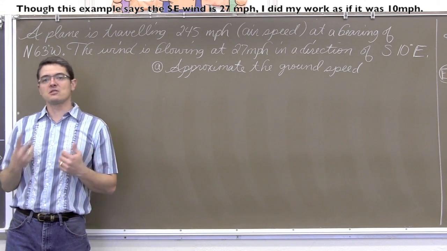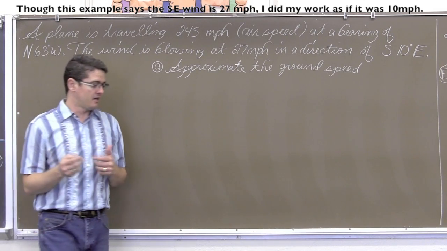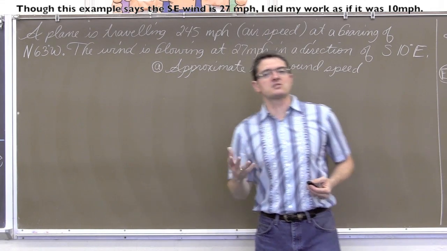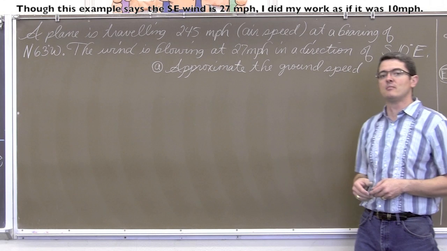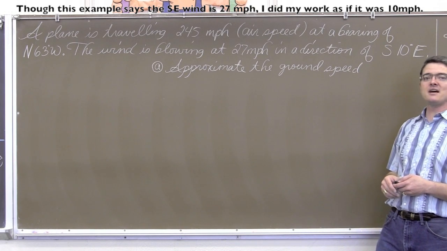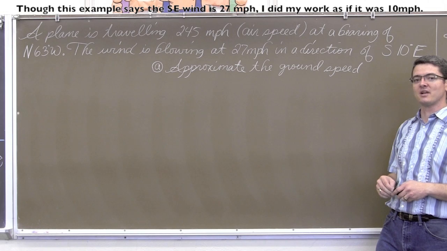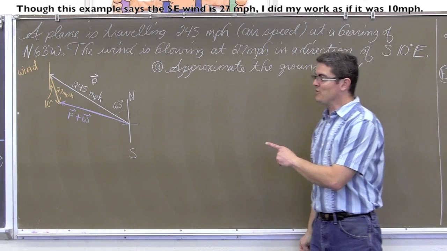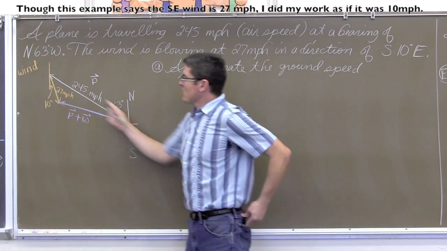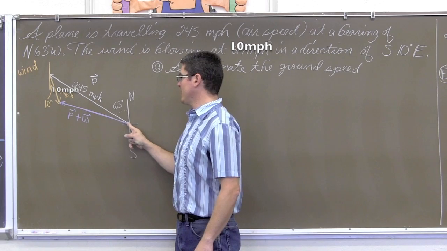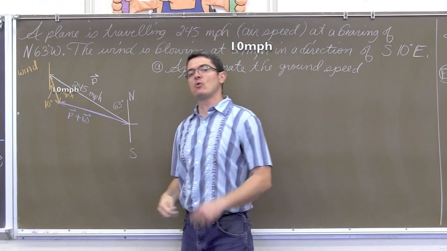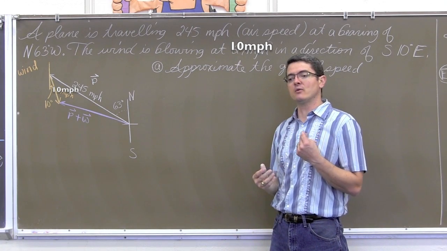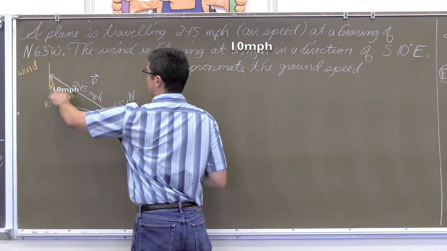This may sound very familiar to the second example I just did, and indeed it is. So I'm not going to actually walk you through this problem. I'm just going to give you the solutions, but give you some time first to try them on your own. So copy that down, and let's see what the diagram looks like. Hope this is what your diagram looks like. Now, I'm drawing my vectors end to end. You can draw your plane vector and your wind vector leaving the same point and draw it in a parallelogram type fashion as far as trying to visualize what the resultant vector looks like. I've drawn mine end to end.